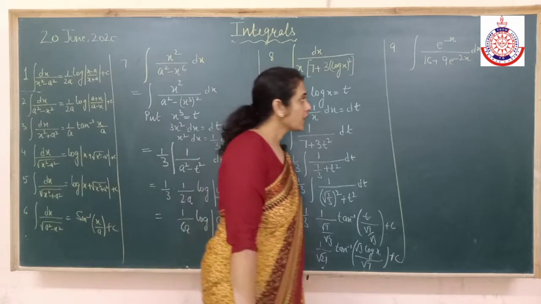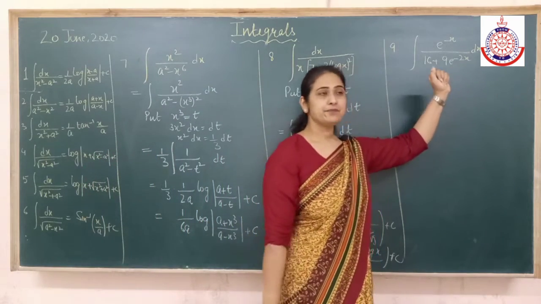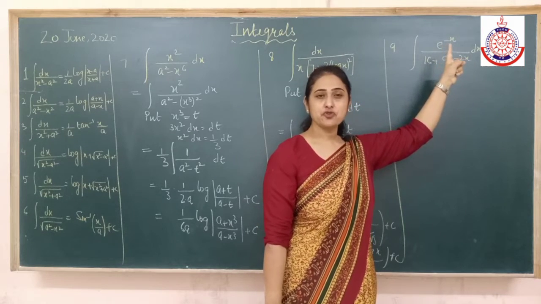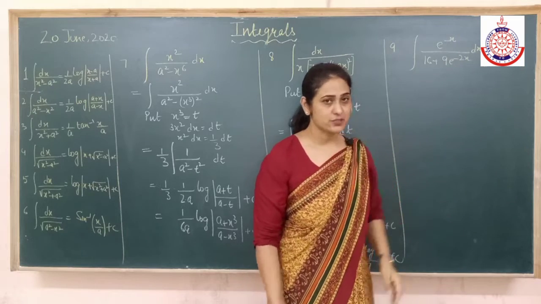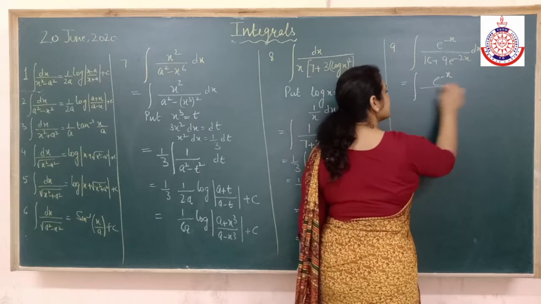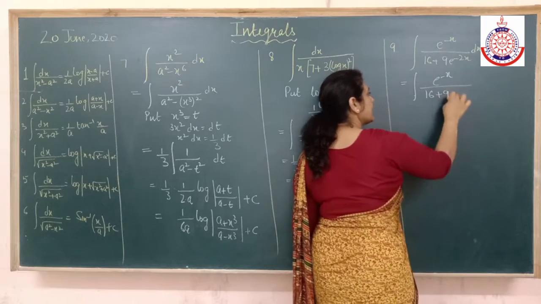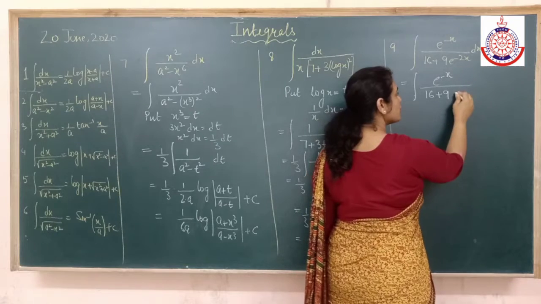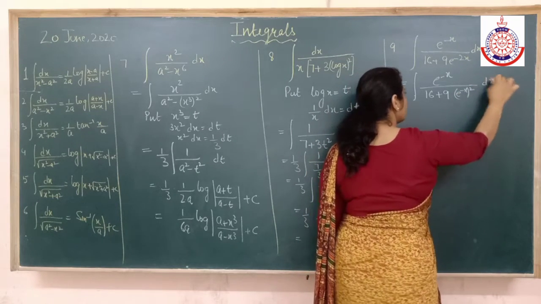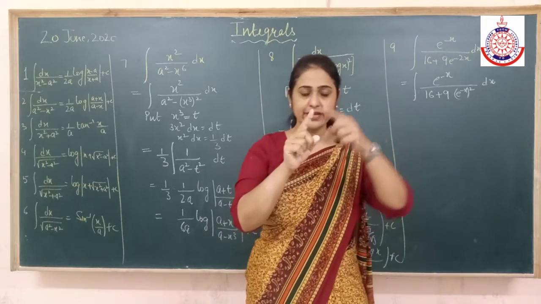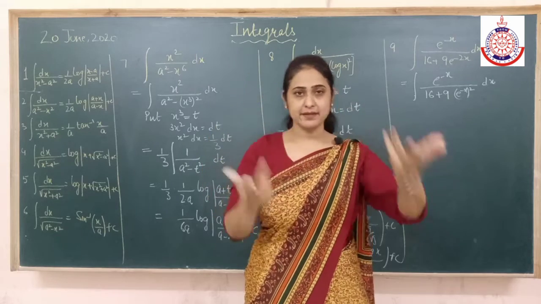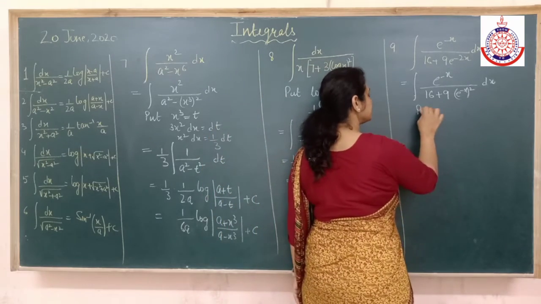What to do? e^x. Differentiation of e^x is e^x only. That means e raised to power minus x, if I have to remove, I have to put e raised to power minus x only. So that's very easy. I'll write this, which is written in the denominator, that e raised to power minus 2x as e raised to power minus x into 2. You have done the rules of indices, no? If the two powers are there, I can write 1 if it is a multiplication, 1 inside, 1 outside, does not matter. So now I'll substitute.